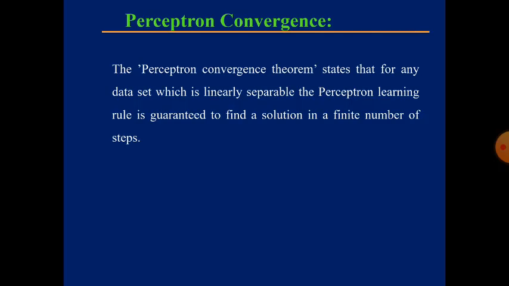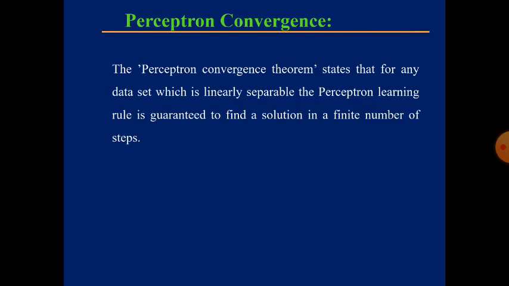So here a function is said to be linearly separable when its outputs can be discriminated by a function which is a linear combination of features. That is, we can discriminate its outputs by a line or a hyperplane. Okay, that's what the author is telling, the perceptron convergence theorem.